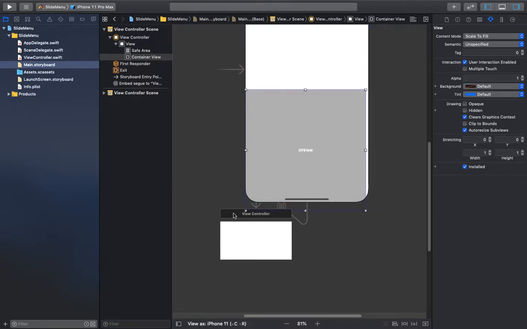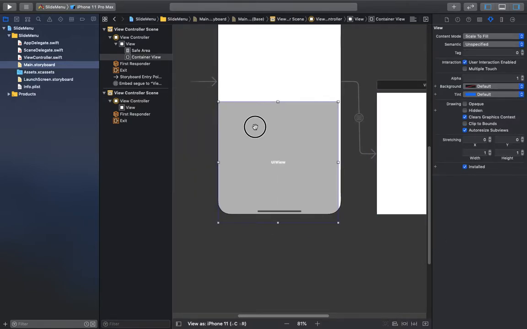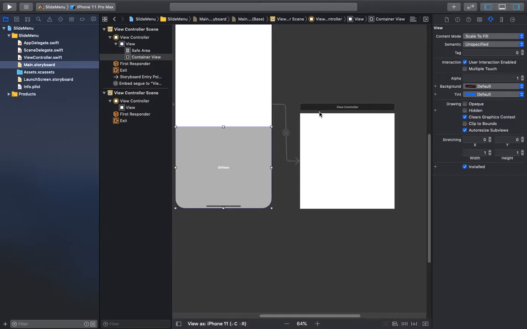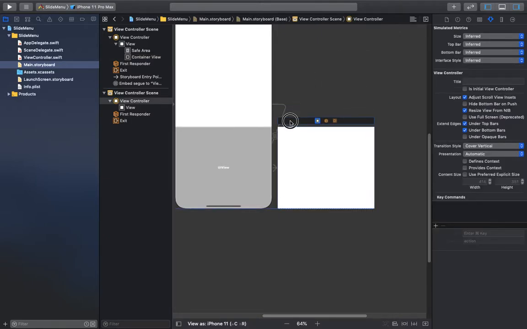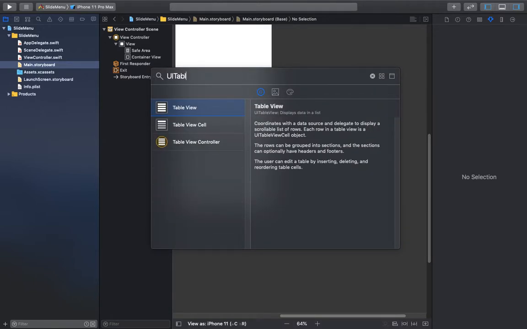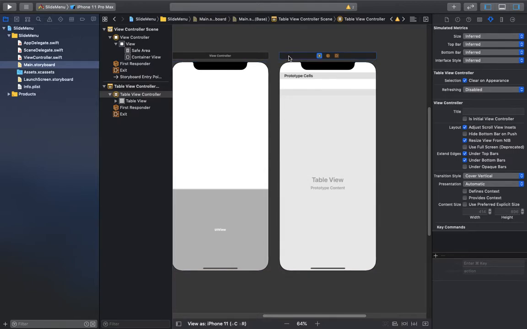We'll make it that big. That's going to change its size accordingly. Hopefully, yeah, there we go. So let's just make it a good size. Yeah, that's fine. So that looks pretty nice. And instead of using a regular view controller, what we're going to be doing is instead using a UI table view controller. So if I get rid of that normal UI view controller and take a UI table view controller, we're going to get the same big normal sized iPhone 11